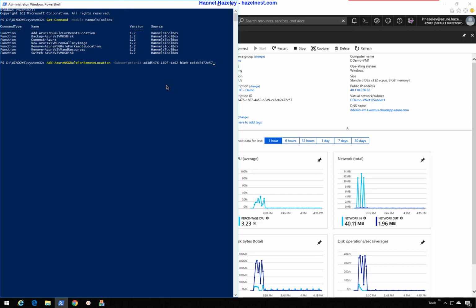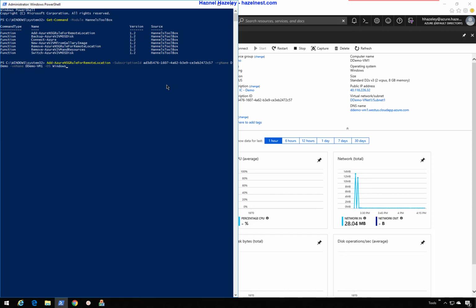First you provide the subscription, then the resource group, then the machine name, and also the OS. Technically, these are all you need. And if I say go,